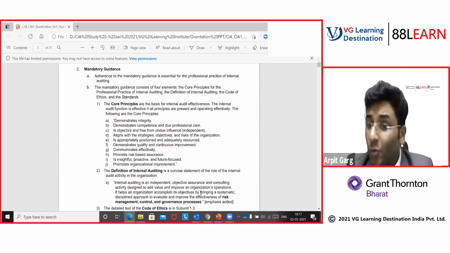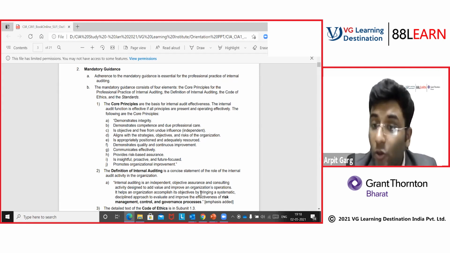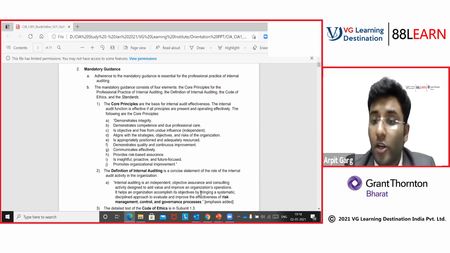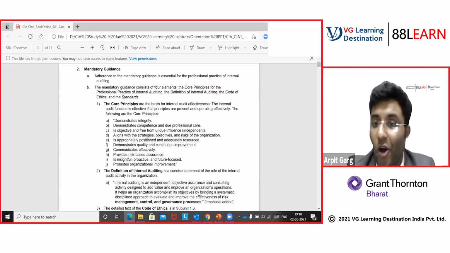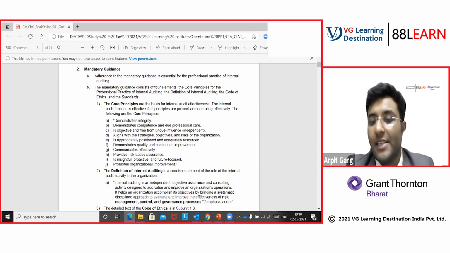Okay. See, this word add value, I think all of us as professionals would have heard from our seniors. How do we add value to the stakeholders? What value is our internal audit report going to add to the process owners? How are we adding value to our team? How are we adding value to the organization? How are we adding value to the client? So add value is something that we have to remember. Anything that comes in the examination from an internal audit definition perspective, we have to remember the words add value.